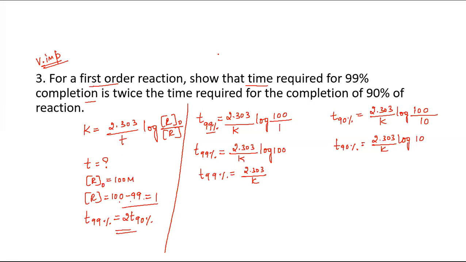Can anybody tell me? Both you can tell, log 100 and log 10. These are constant values. I told you in the class what is log 100 and what is log 10. Okay, log 10 value is 1 and log 100 is not 1. Okay, log 100 is 2. Good. See, log to the base 10, whenever in case of log